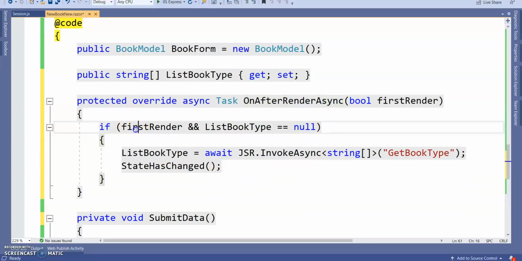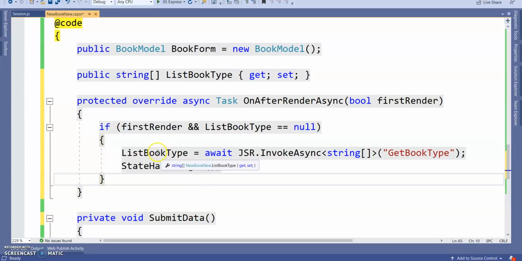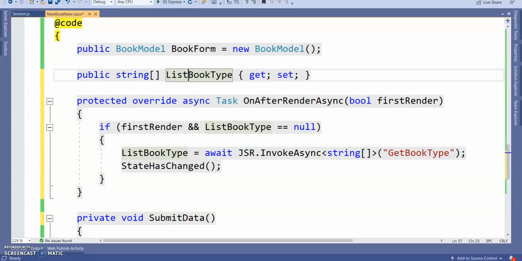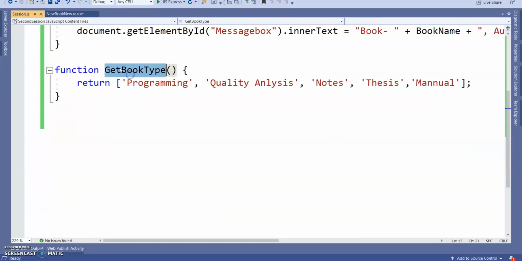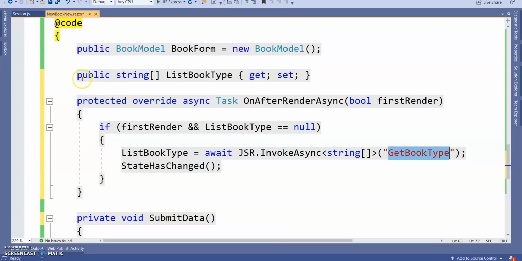So if it is the first render, next, I'm just assigning this string array list, list book type, with InvokeAsync with the string array parameter, getBookType. getBookType is our function name. Next, this is the C# part we completed, how to get the value from the function.